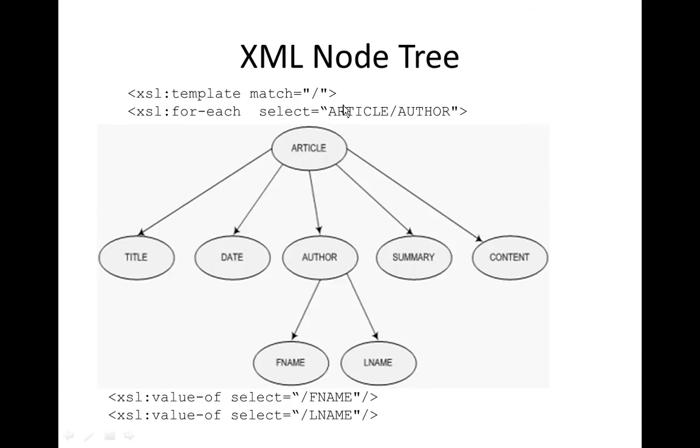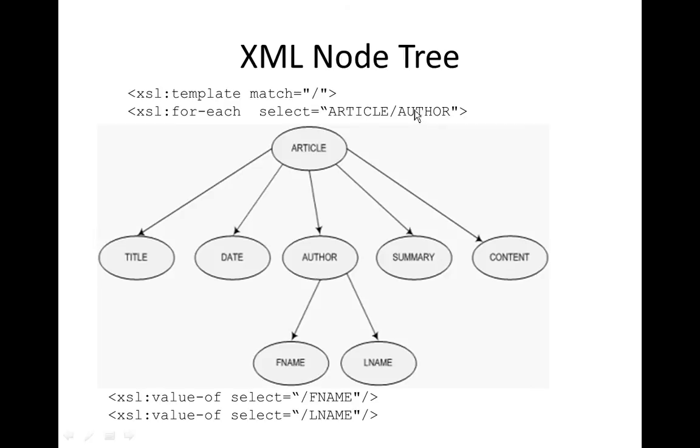Here's another example of a tree node. We might have our for each. Again, we've selected article and then author. So here's our article node, our root node, and then it goes in one to author. So we have the parent-child relationship. Here's the XPath